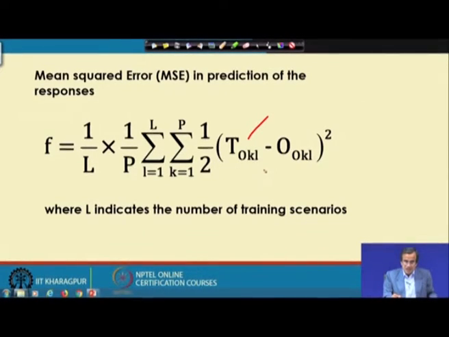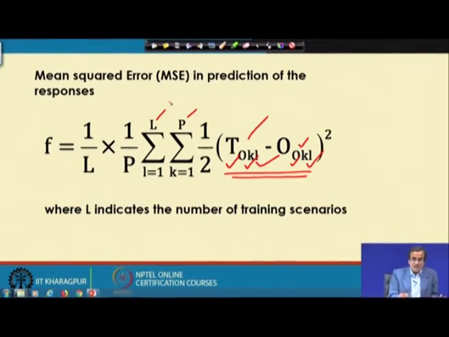T_okl corresponds to the Lth training scenario and the kth output neuron, and it is the target output. O_okl is nothing but the calculated output of the kth neuron lying on the output layer corresponding to the Lth training scenario, and this difference gives the error. The square of that is taken just to make it positive, and in this summation k equals 1 to P, P indicates the total number of the outputs on the output layer,